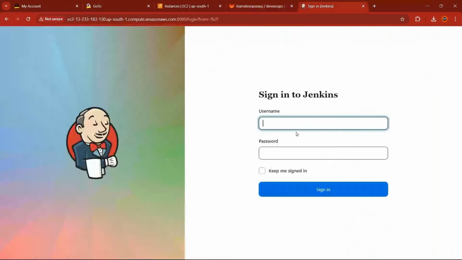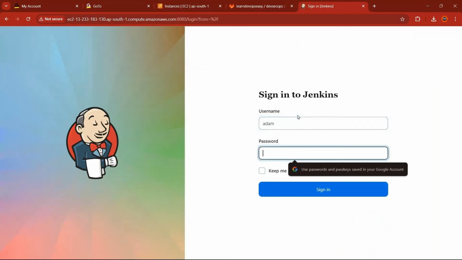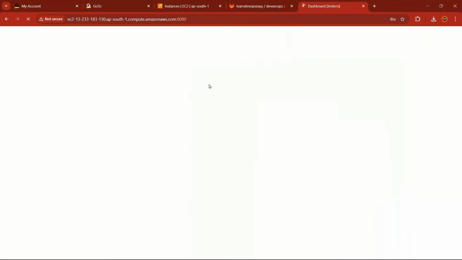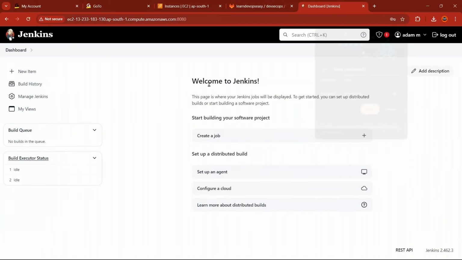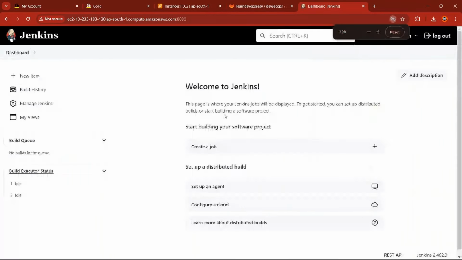So once you have your Jenkins up and running, just log in. And again, for the sake of reducing the time, I have already pre-installed these plugins, but still what you guys can do is go ahead and check, and if a plugin is not installed, install it. But let me show you what those plugins are. So I don't have anything here. It's a new Jenkins. Now go to